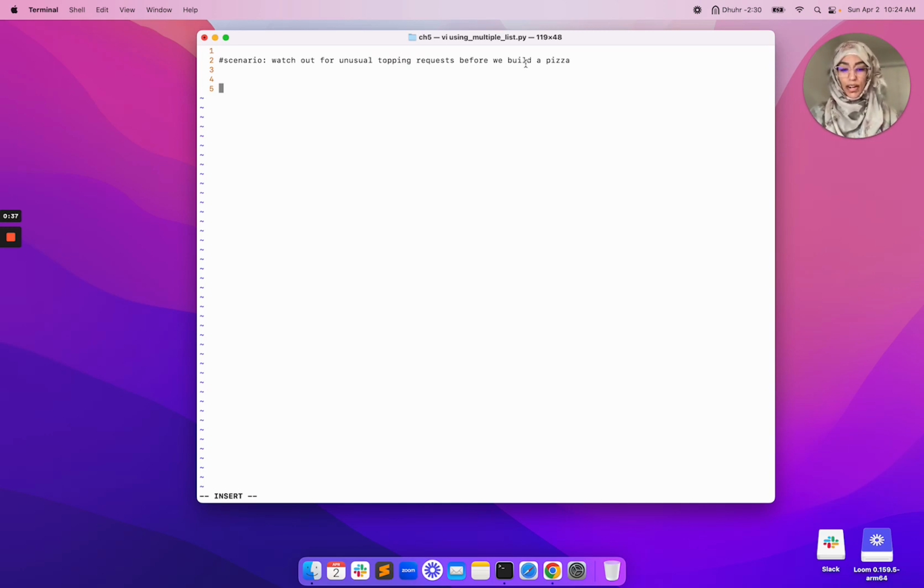So this is where using multiple lists comes in handy in Python, because we can essentially do a check before we proceed. And we want to start off by building the available toppings that we offer as a pizza shop, and then create a second list, which are the requested toppings by the user. So let's start. So the available toppings that we have